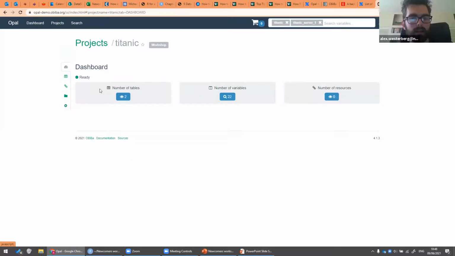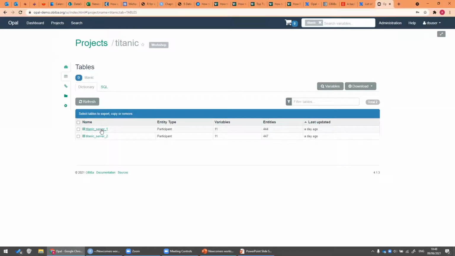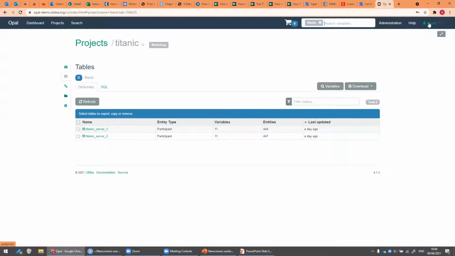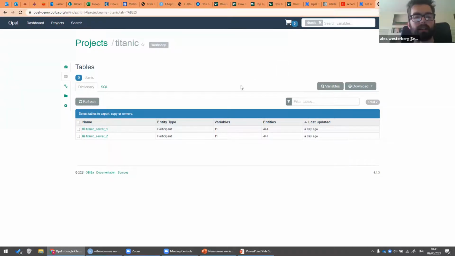But yeah, this is just due to my setting up for the data. Have you logged in as an administrator here or as a user? As a user, yeah. I'm not sure if you cannot see that because you are a user. Yeah, I may have hidden it behind something, but hopefully you should be able to see what the